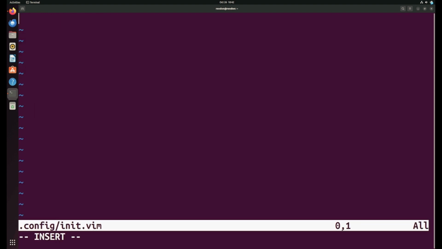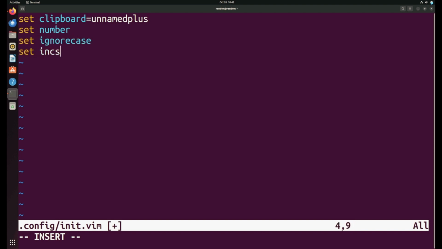vim .config/nvim/init.vim. I'm gonna add a few settings and I will briefly explain what they do. set clipboard=unnamedplus. set number. set ignorecase. set incsearch. The first setting integrates Vim's clipboard and the operating system's clipboard so that you can copy and